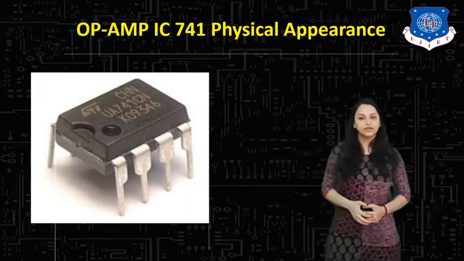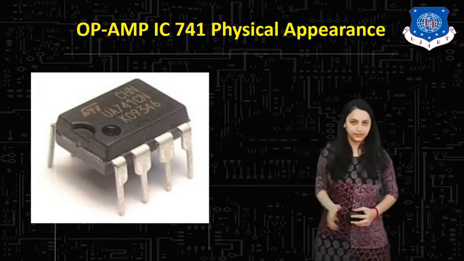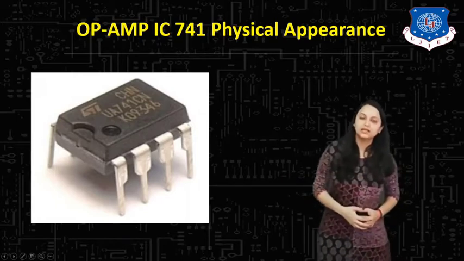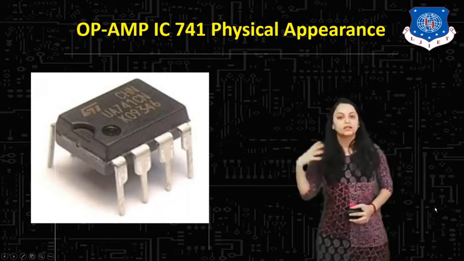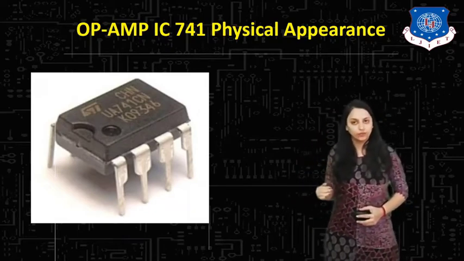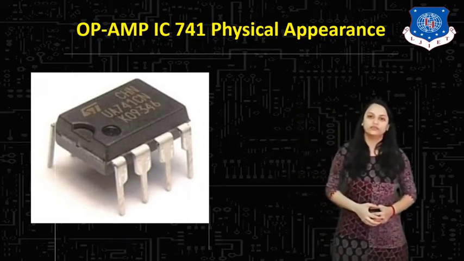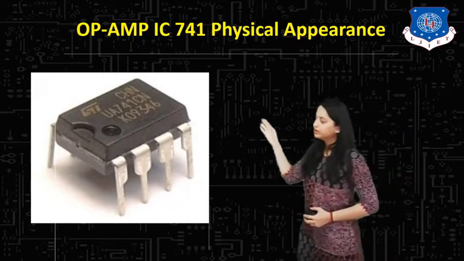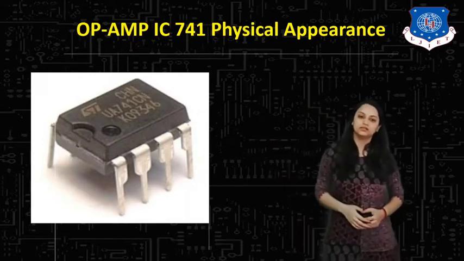As you can see over here, the pin numbers are starting from 1 to 8. What are its pin configurations and pin numbers, that we will see. Here the dot indicates that pin number 1 is starting from that. Okay, so pin number 1, 2, 3, 4, 5, 6, 7, 8. Likewise, there are 8 pins in IC741 and it will look like this. Okay, so this is how your IC741 will look like in your labs when you will do the practicals.